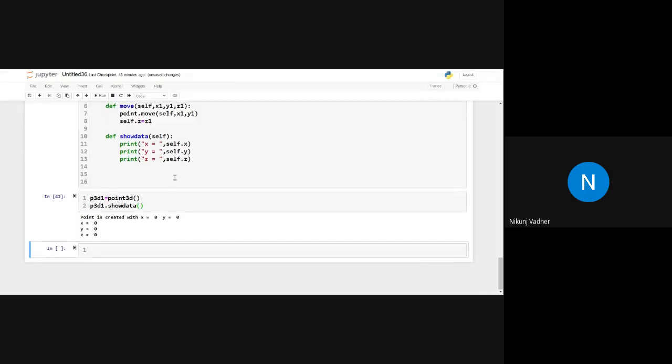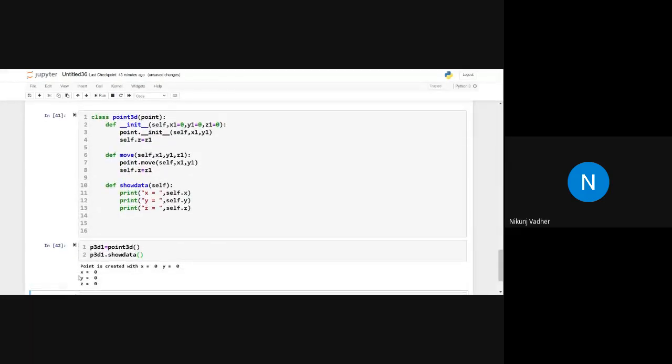So here you can see, if we try to execute x, y, z equals 0, 0, 0, that means if we just try to create the object of this Point3D class, it will initialize x1, y1, z1 equals to 0, and here it will call the constructor of x1 and y1.